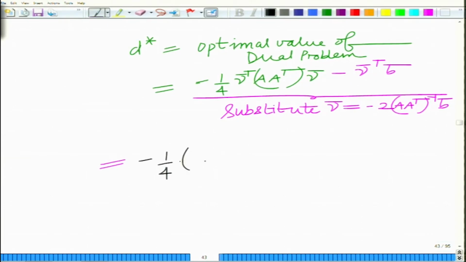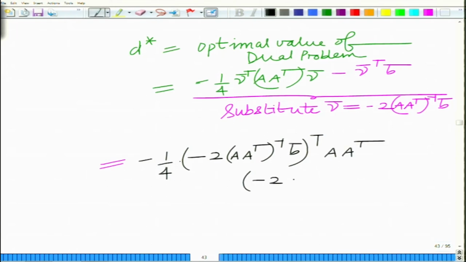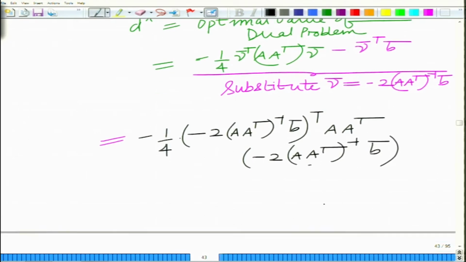So nu bar transpose, which is minus 2 A transpose inverse b bar, transpose, into A transpose into nu bar. So that is minus 2 A transpose inverse into b bar